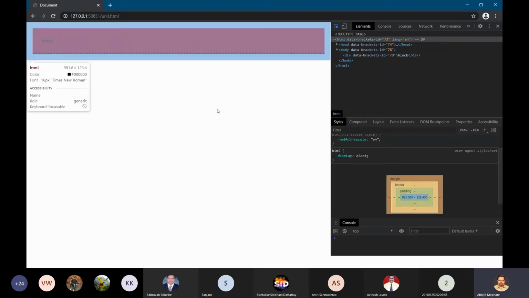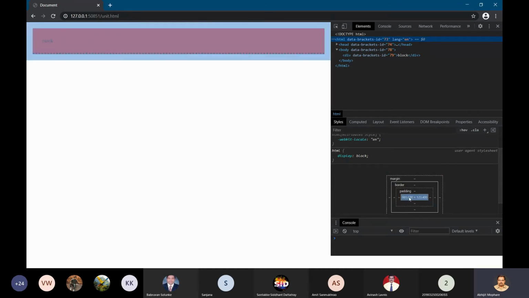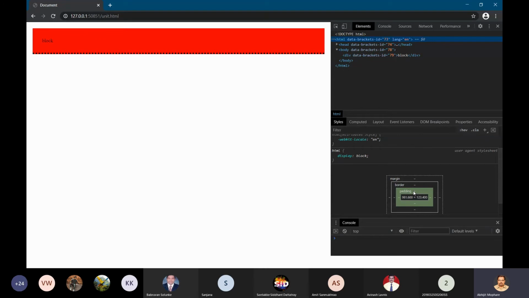So these concepts are really important. Just understand what is padding, what is border, and what is margin, and how they are used for laying out different elements on the screen, on the viewport. This we will get only after practice. But currently just understand that whenever there is any element, it has certain content with a certain height and width. Then after content we have the padding, which also has certain height and width. After that we have border, and after that we have margin, each with certain width and height.